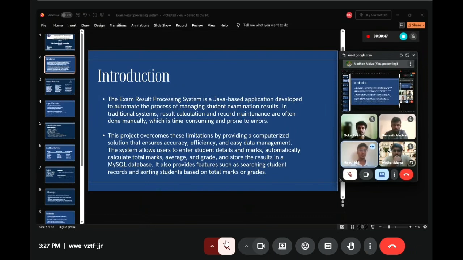Hello everyone, myself Alice. I am explaining the introduction and the objectives of this project. First, the introduction. The exam result processing system is a Java-based application developed to automate the process of maintaining student examination results. In the traditional system, the result calculation, record and maintenance are often done manually, which is time consuming and prone to errors. This project overcomes the limitations by providing a computerized solution to ensure automatic, efficient, and